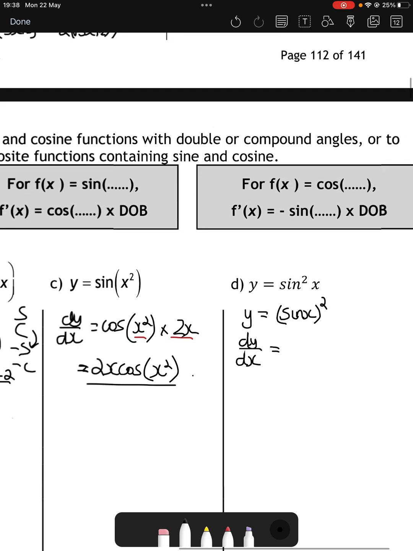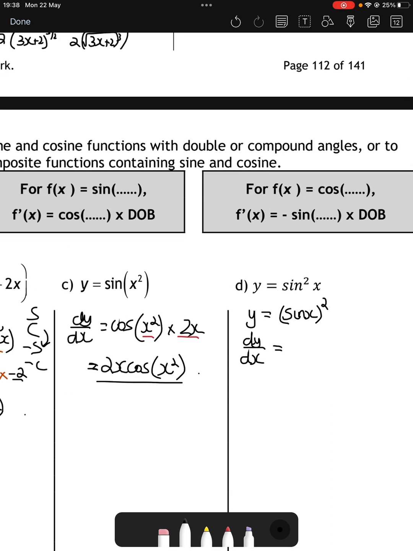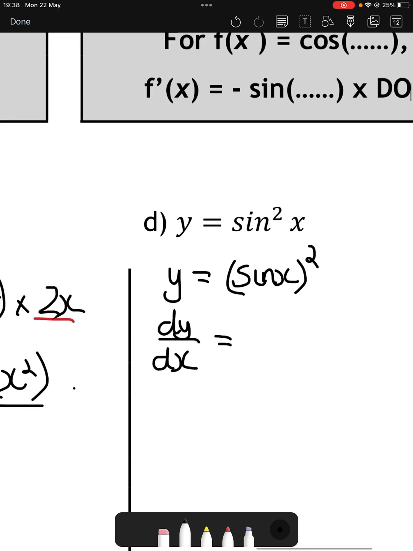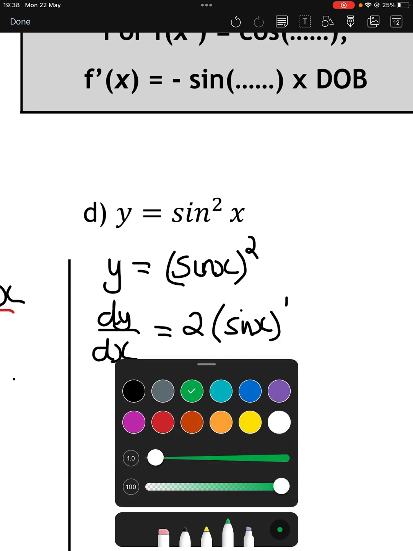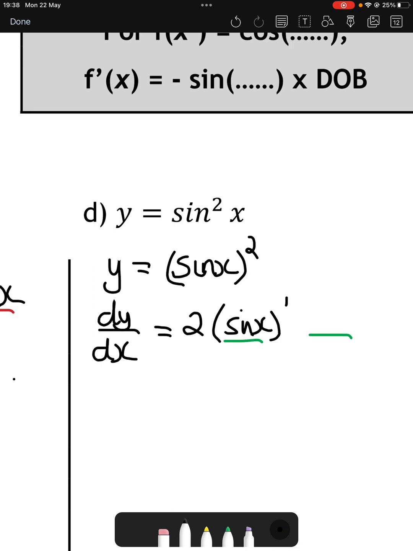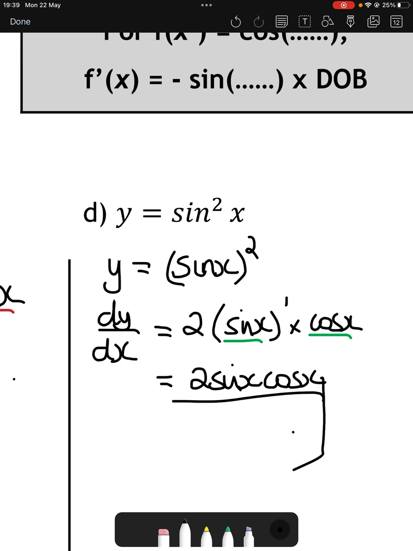Okay, so last time it was like sine of something, so that went to cos of something. But we have this whole thing to a power of 2. So applying your rules of differentiation, your 2 is going to come down, going to decrease your power. But again, we need to look inside the bracket. What do you get if you differentiate sine? You get cos x. So in fact, we have 2 sine x, power of 1, don't need to put that in, cos x. Now you eagle-eyed folk might spot